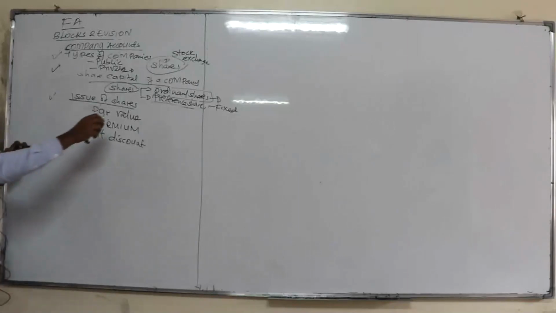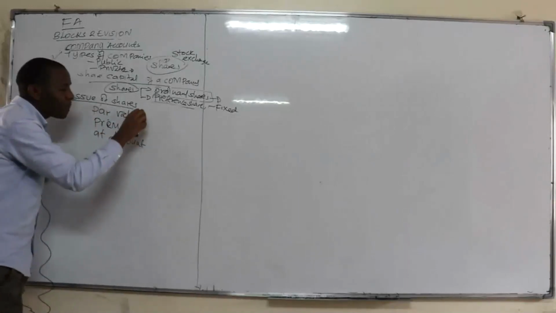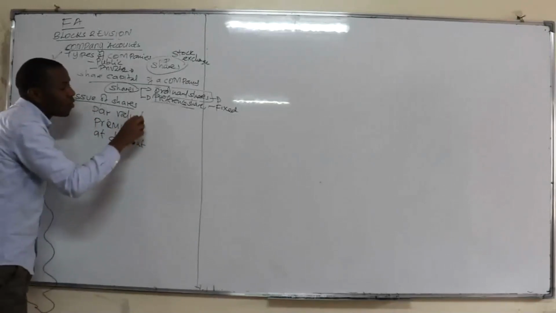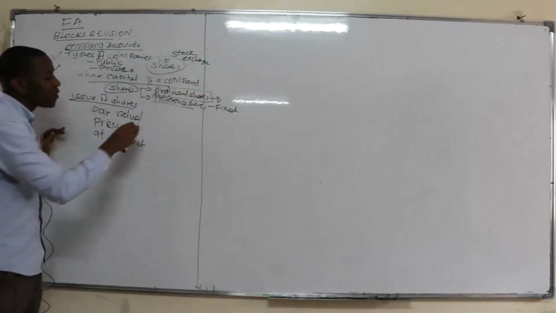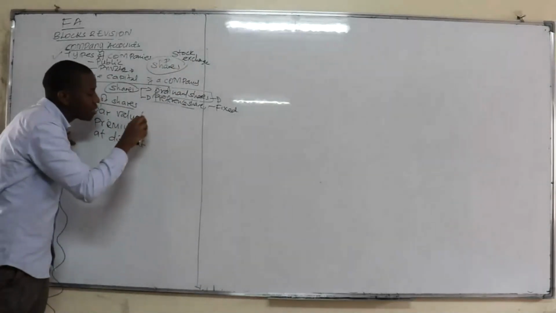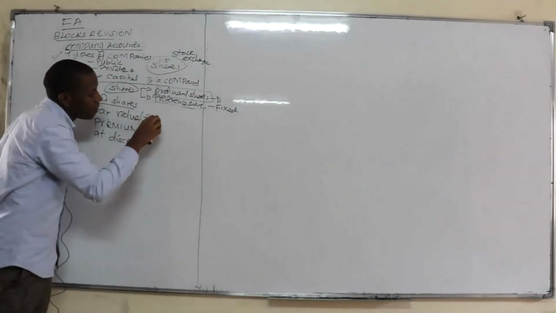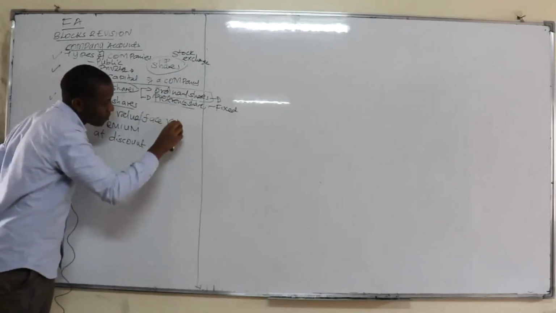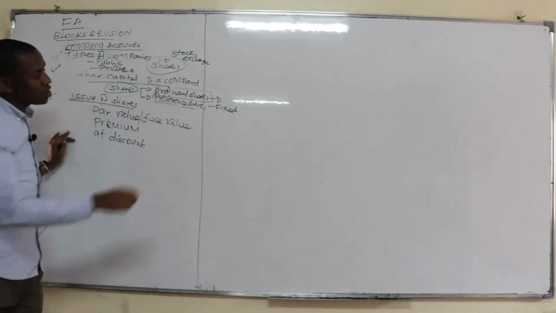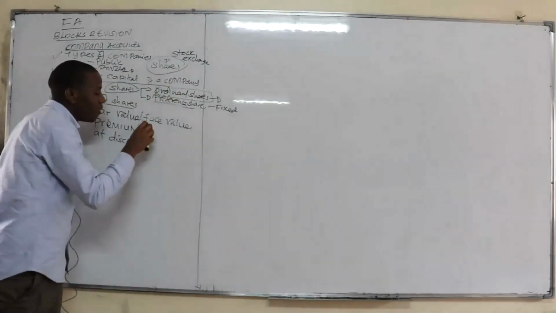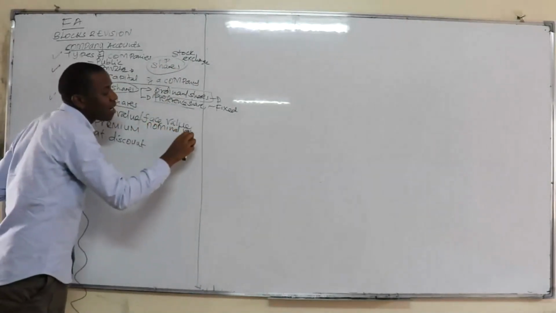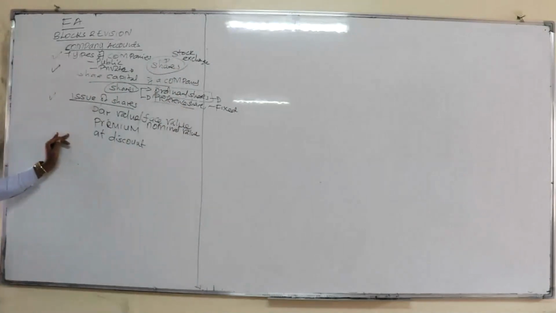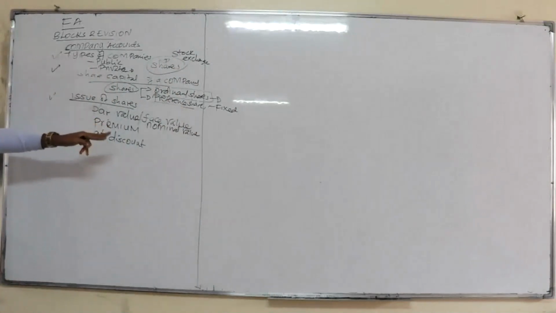When they issue the shares at par value, it is the original value they have listed on the securities exchange, which in this case we also call the base value. We also call it the nominal value. That is the original price. That is what we call the par value.